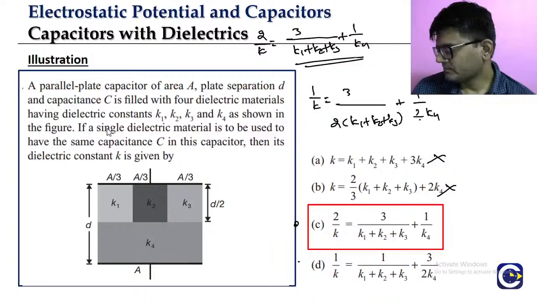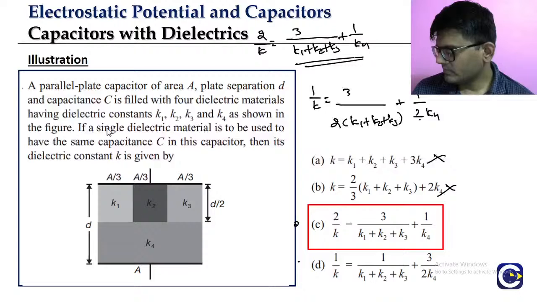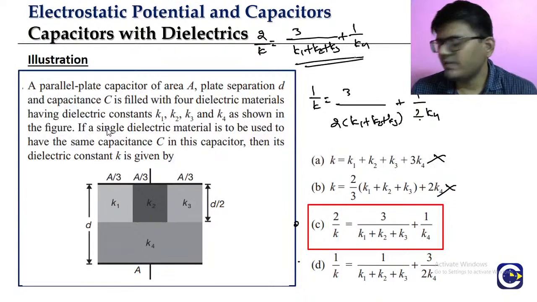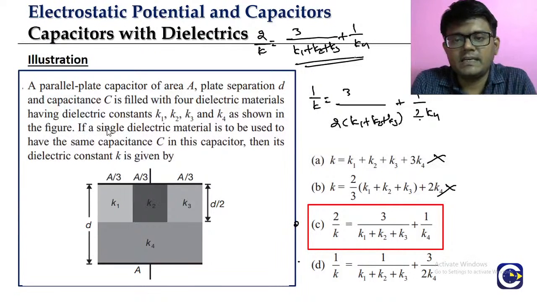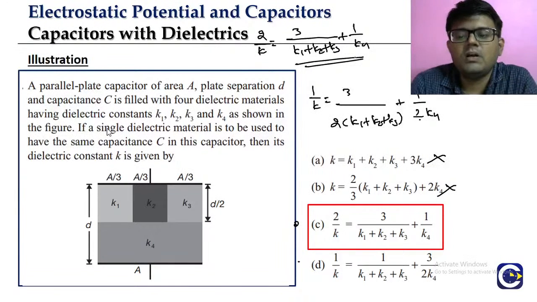Okay, so இங்க என்ன, இந்த மாதிரி effective dielectric constant problems என்ன தெரியுமா, we'll have to first get what is our equivalent capacitance. வந்ததுக்கு அப்புறம் அதுல இருந்து we'll be able to comment on what is the effective dielectric constant. அதுதான் basic concept. ஓகேவா,